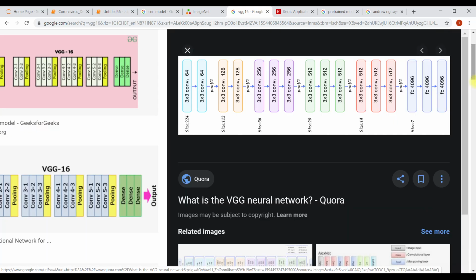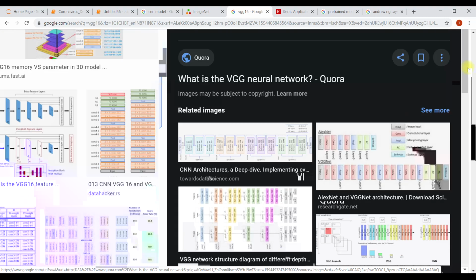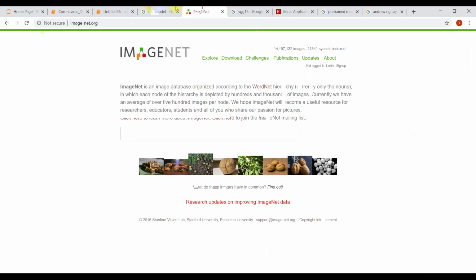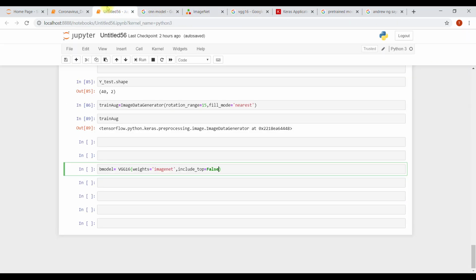Let's say, just for example, it has been trained for 4,096 classes. This is just a flattened layer. We just need two, so we're going to remove this one and add only two layers at last. This is called the top layer, basically the last layer. Top layer false, we are not going to include this.